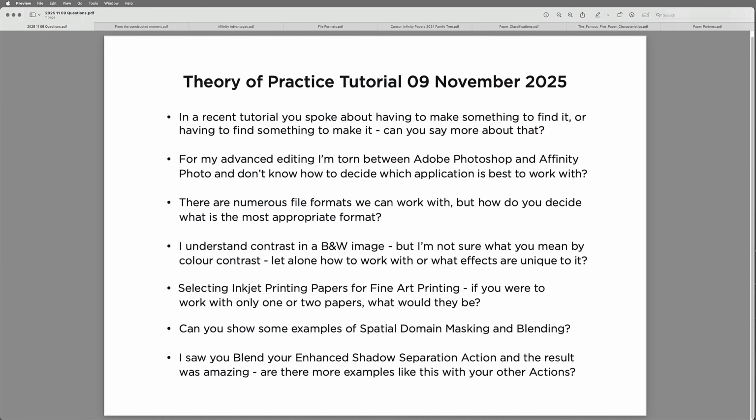So let's have a look at those specific dot points that we've sequenced for this tutorial. This first dot point, I think, underlies a lot of recent discussions we've had. And in particular, a dear friend came back to us saying, I've heard you speak on numerous occasions about in order to make something, you have to find it. Or vice versa, having to find something in photography in order to make a picture of it,